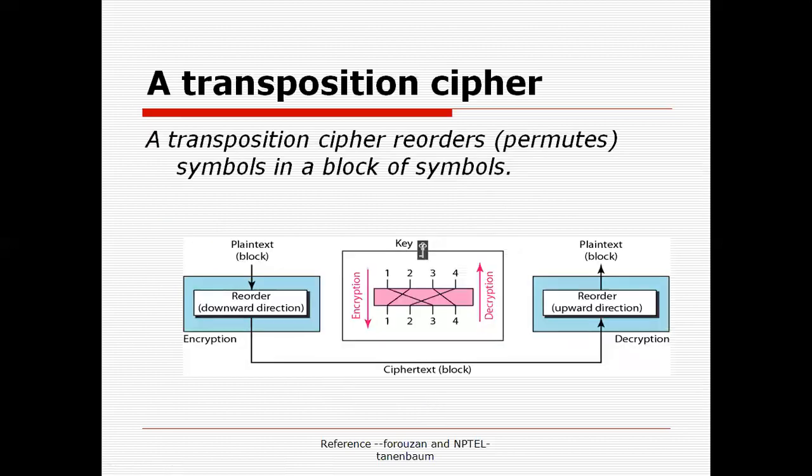Now the next technique is called a transposition technique. In transposition ciphers, the text is reordered, or simply we can say permuted. Suppose I have written a text into an 8 by 8 matrix, and rather than sending it in the same order, I will send, for example, the 8th column first, then the 5th column, then the 3rd column, then the 2nd column, like this. And this column pattern will be known to the receiver so that he can rearrange it. This is called the permutation technique.